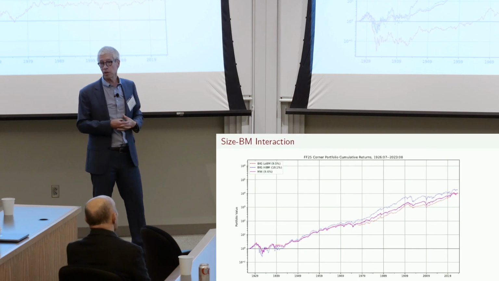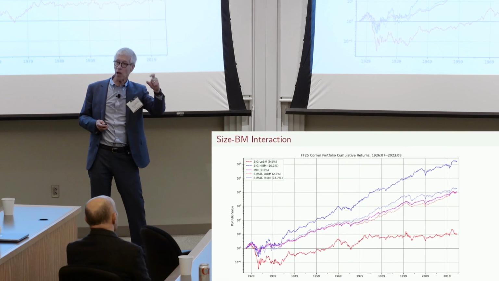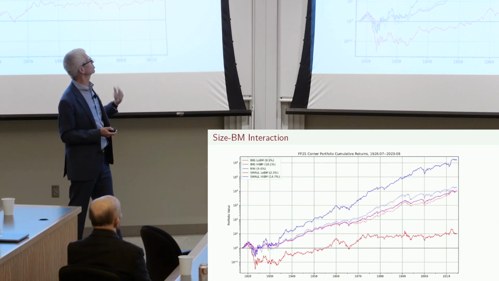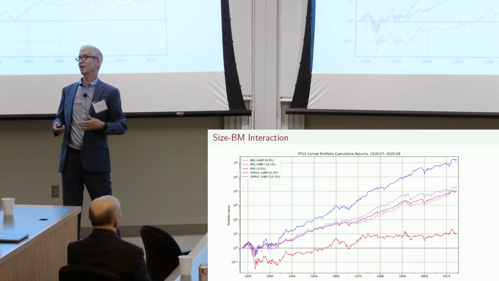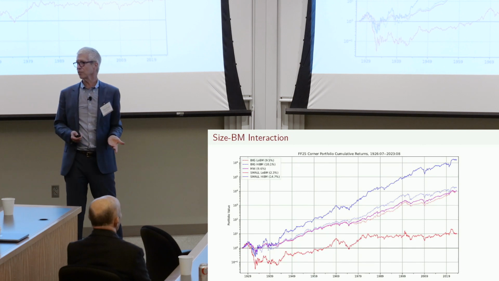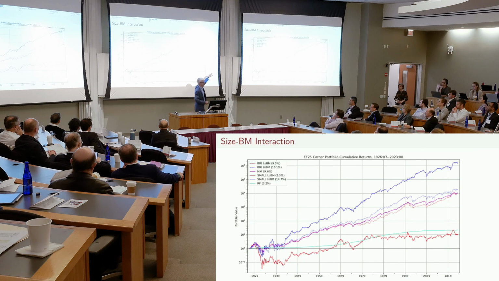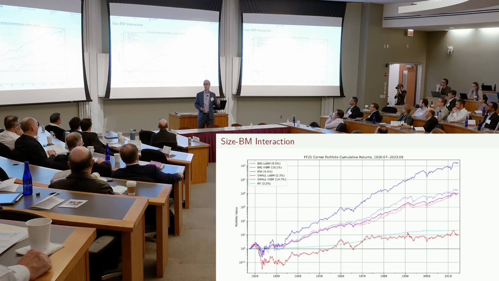But if you look among small cap firms, so this is the bottom 20% with NYSE breakpoints, what you see is there's a very large effect. This is where you get a really strongly significant effect. Okay? In fact, this line right here is the risk-free asset. And you can see since 1926, that small growth portfolio has underperformed the risk-free asset. Okay, so it's kind of remarkable.